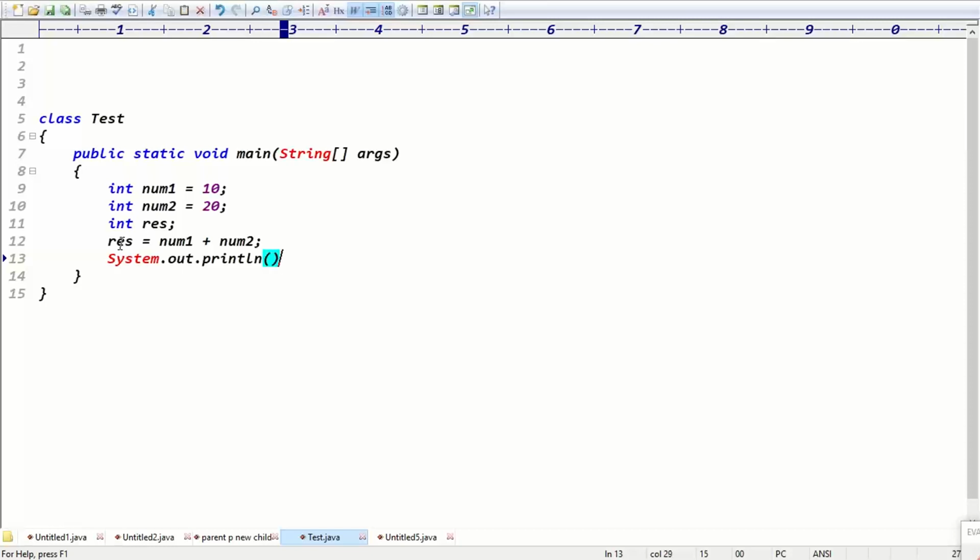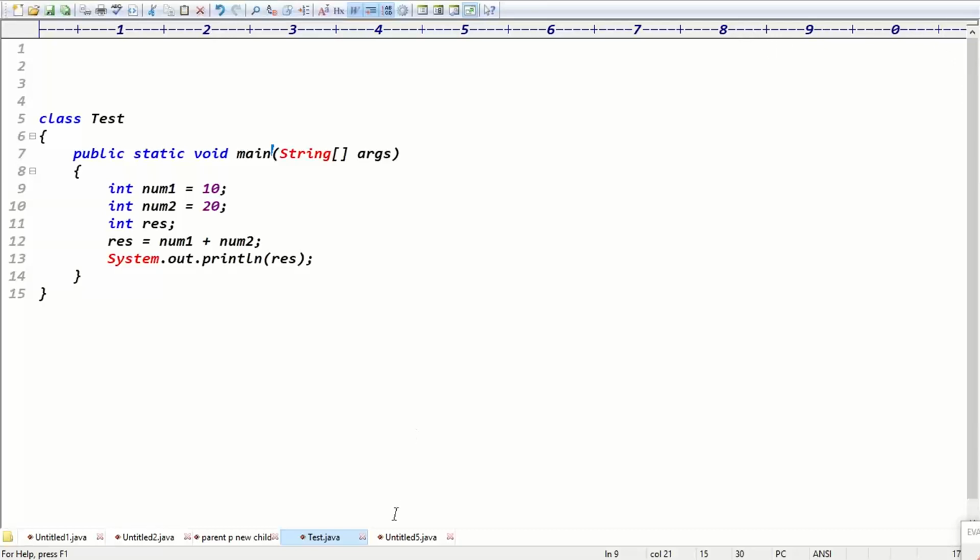Guys, now tell me where I declared these num1 and num2 variables. Did I declare them inside the method or inside the class? Inside the method, definitely. Main is a method, right? Yes, the variables which are declared inside the method are called local variables.